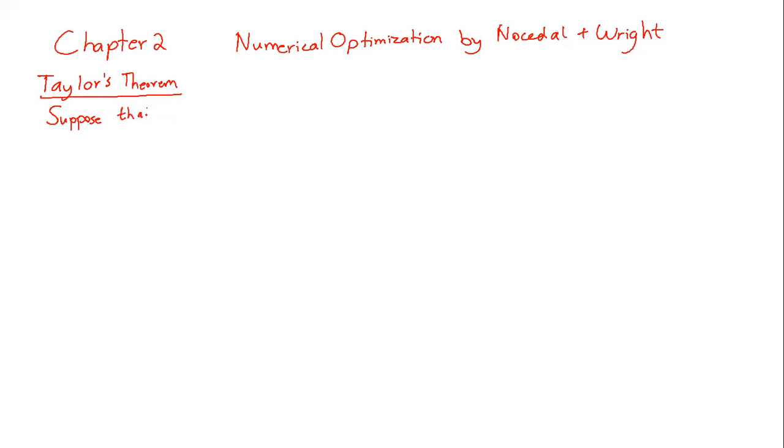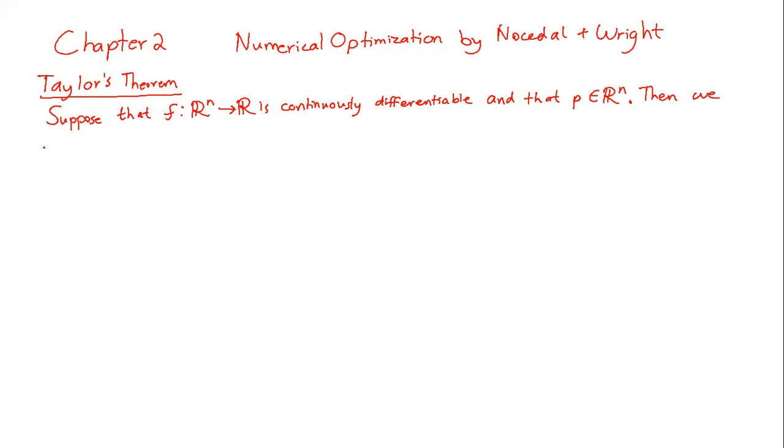Suppose that f, which is our objective function, maps from R^n to R, is continuously differentiable, and that p in R^n, so this is some vector p, then we have that